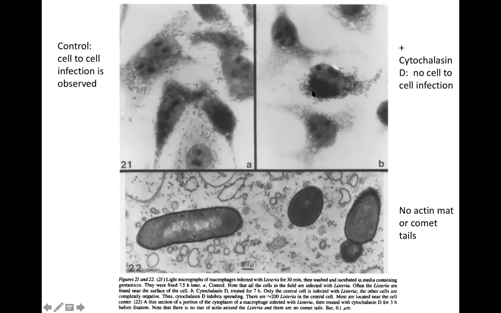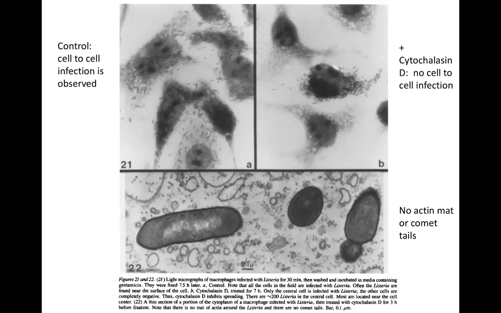But in cytochalasin, this is an infected cell prior to the addition of cytochalasin D. And these are adjacent cells. There's no transmission of bacteria to adjacent cells. And the other thing is all the bacteria are perinuclear, sort of huddled towards the cell center, presumably because they can't move around and jet ski through the cytoplasm with their actin column because it's not forming because of the drug,